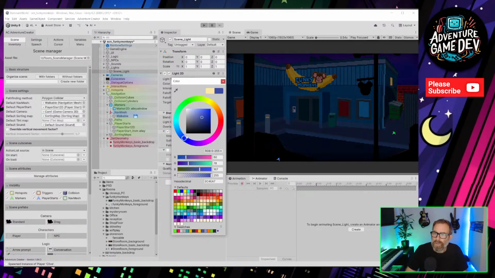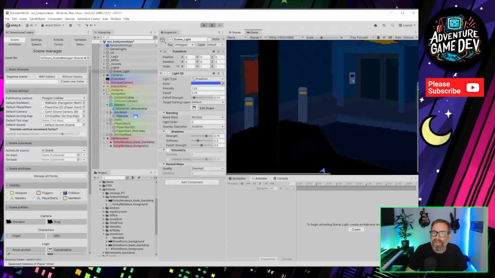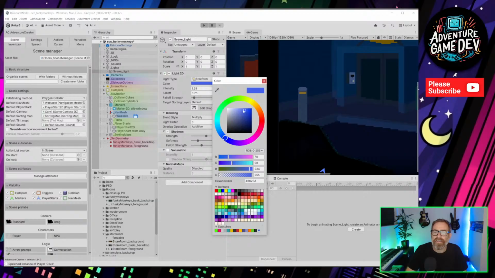So this is what I was on about earlier when I was saying I'll be doing the lighting of the scene in Unity. The problem with that is all that hard work we're just putting down here, if it's that dark, you can't even see the transparency.